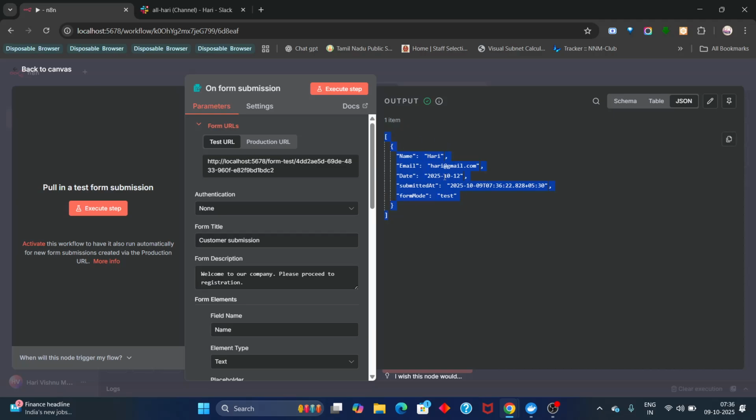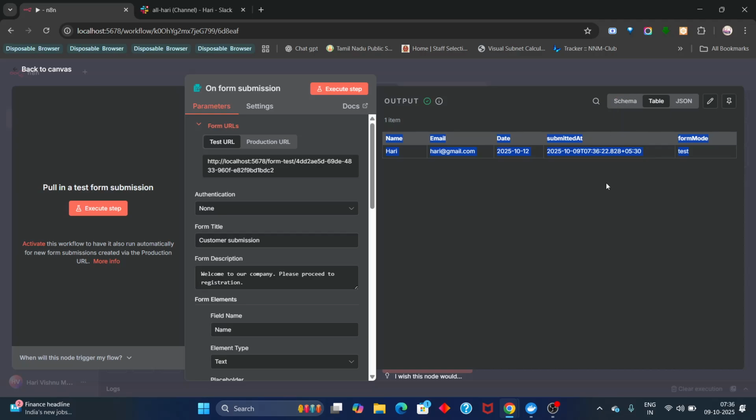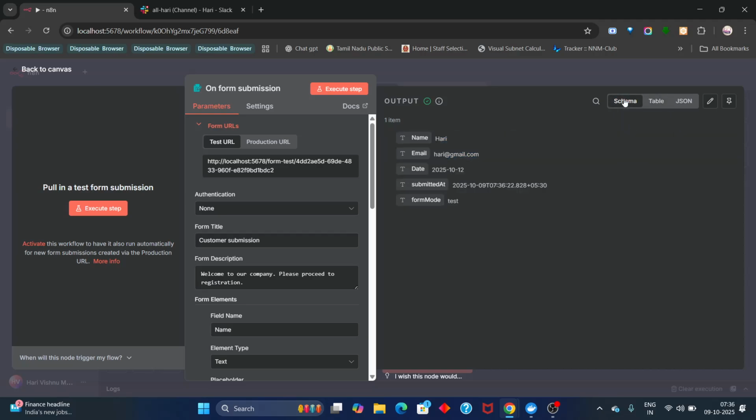And we are getting the output of what I have typed in the form. It has been reflected here, and we can see it in table format or schema format. While we are automating the workflow, the data will be transferred in JSON format only. You are seeing the JSON format data,